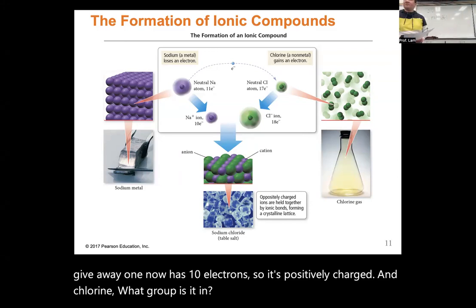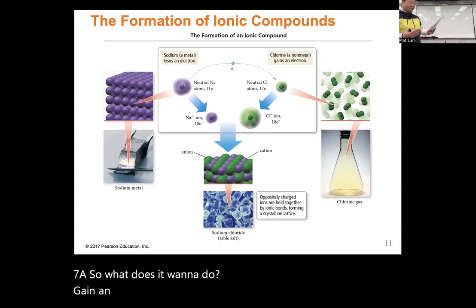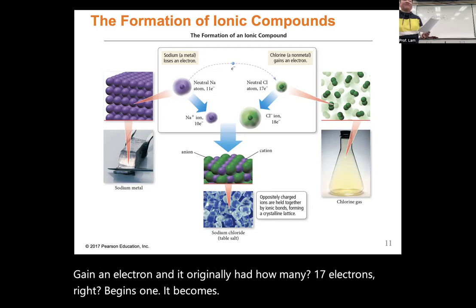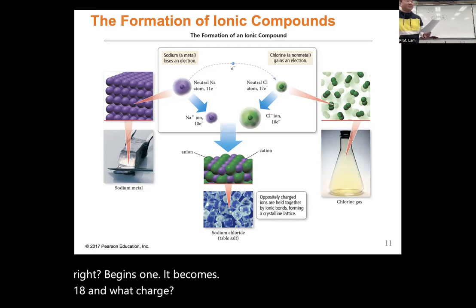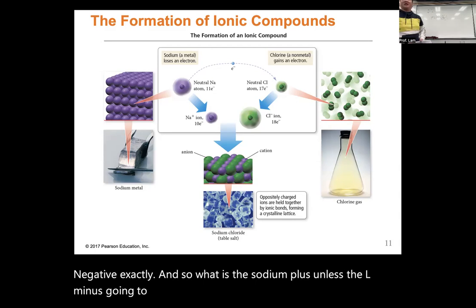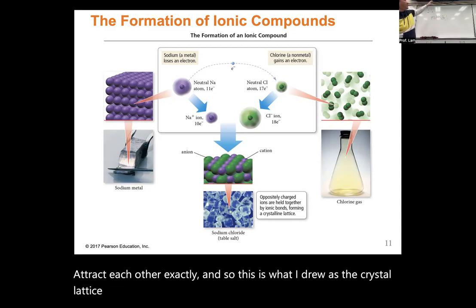7A. So what does it want to do? Gain an electron. And it originally had how many? 17 electrons. If it gains one, it becomes 18, and what charge? Negative. Exactly. And so what is the sodium plus and the Cl minus going to do? Attract each other. Exactly. And so this is what I drew as the crystal lattice, but in reality,